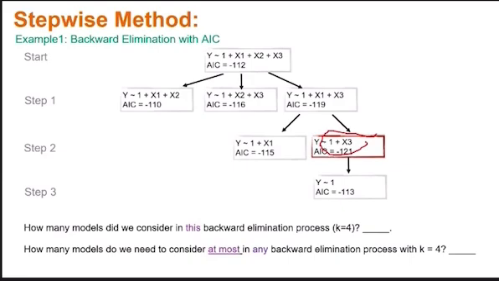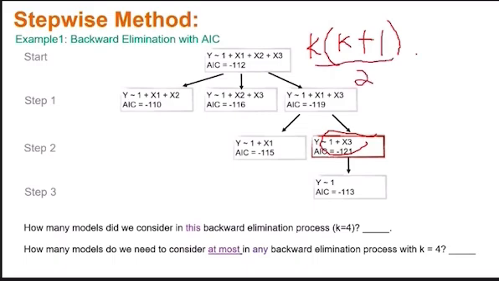We have a formula for both backward and forward to know the number of models you're going to pass through before you figure out the best model. It is k times k plus 1, divided by 2,